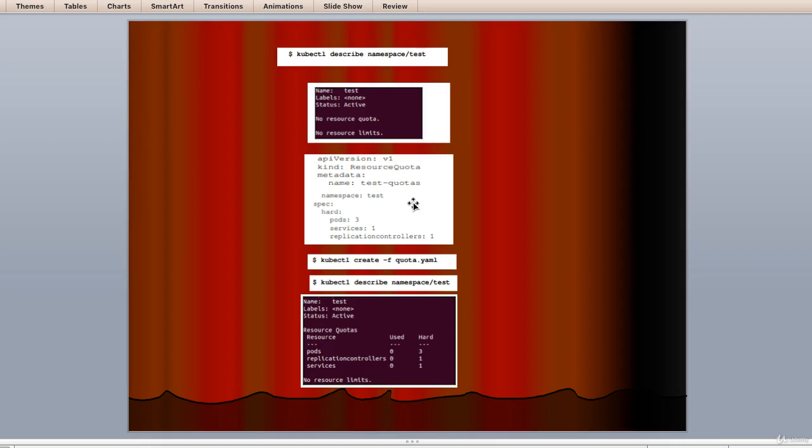A word of note there is that this would be the quota.yaml file, and in reality a namespace would be for larger application communities and would probably never have quotas this low. We are using this in order to ease illustration of the capability in the example. Here we will create a quota of 3 pods, let's say one RC and one service for the test namespace.